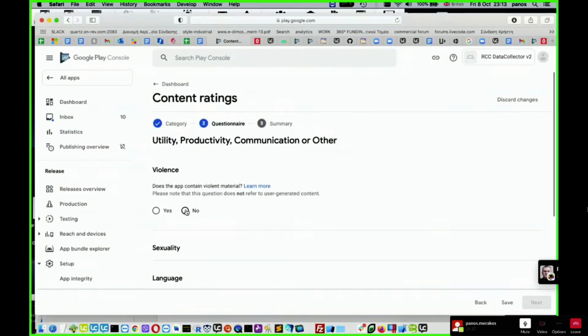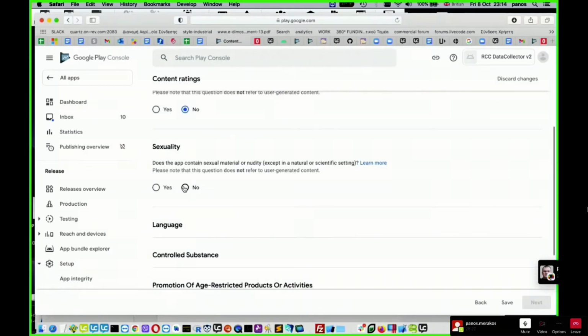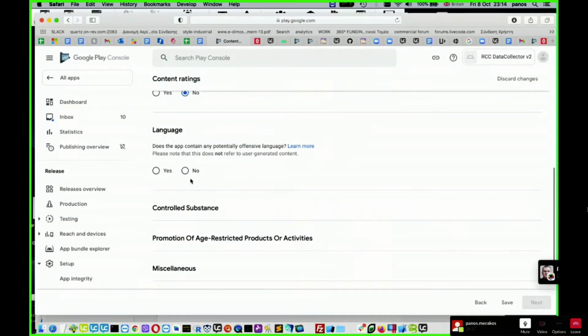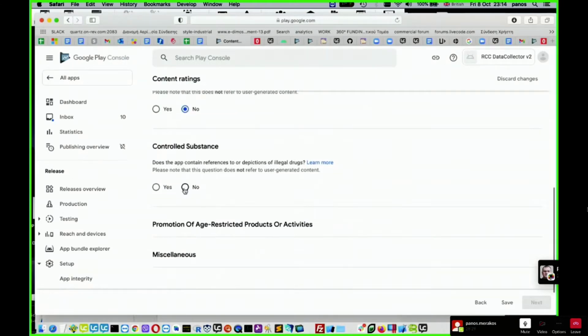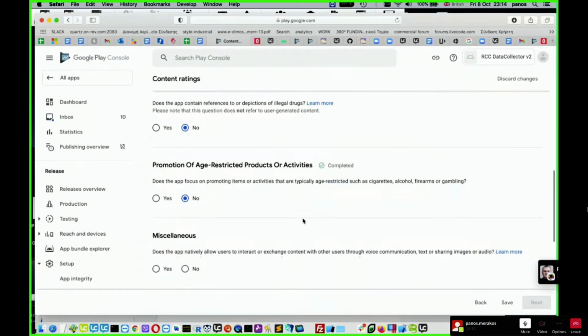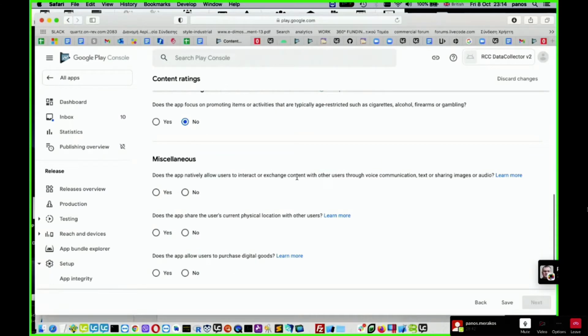Nope, this app does not contain any violent material, no sexual material or nudity, no offensive language, no reference to illegal drugs or such. Promotion. Does the app focus on promoting items that are typically age restricted? No. Does the app natively allow users to interact or exchange content with other users through voice communication? I would say no.